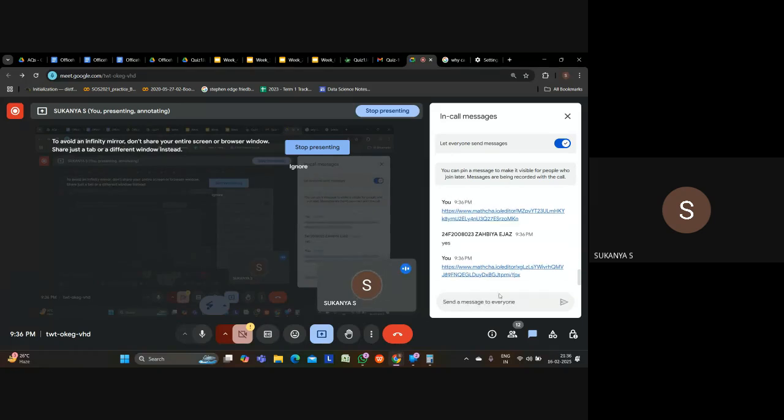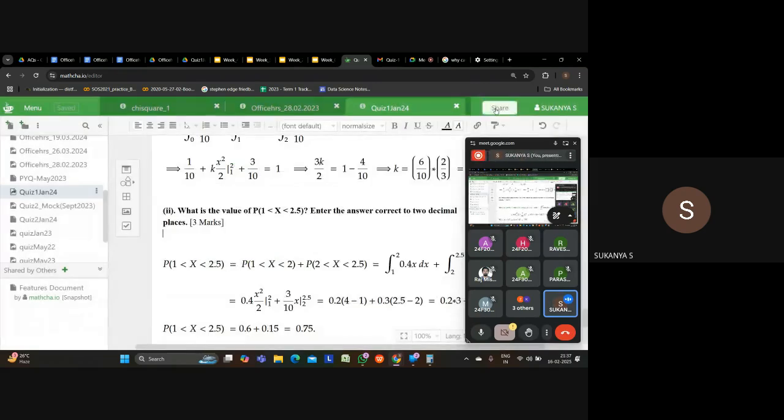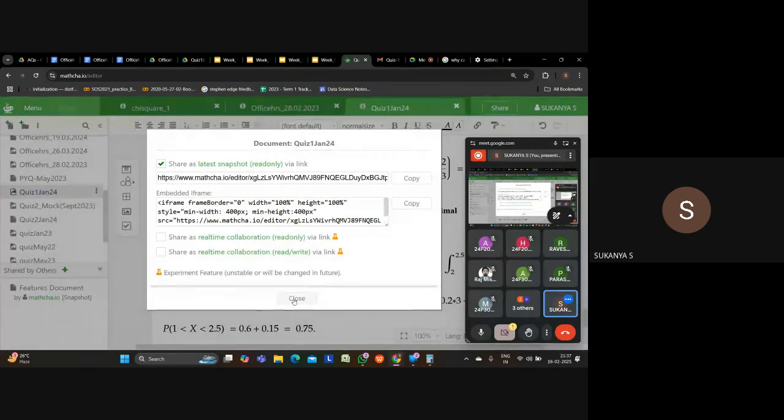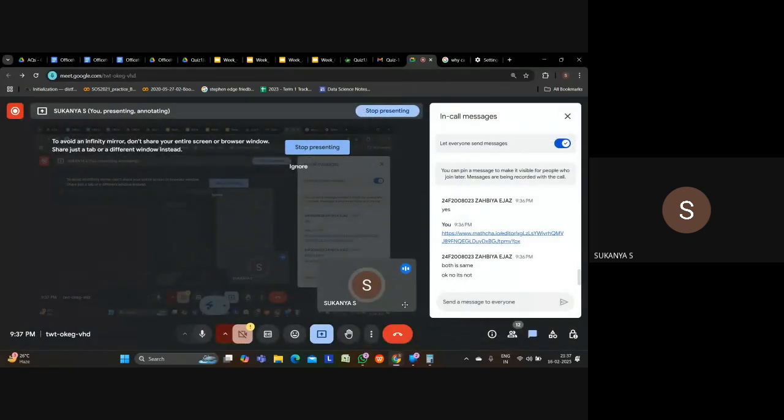Yeah, here. The first one was the first PDF that we discussed with fewer questions. This is quiz one Jan 24. Every question solved. Both the same? No, the ID is different, right? Yes. I shared this one now. Okay. It's not the same. If you have any doubt, do drop it in Chi Square. We'll help you out, okay? To solve, if you actually have any doubts.